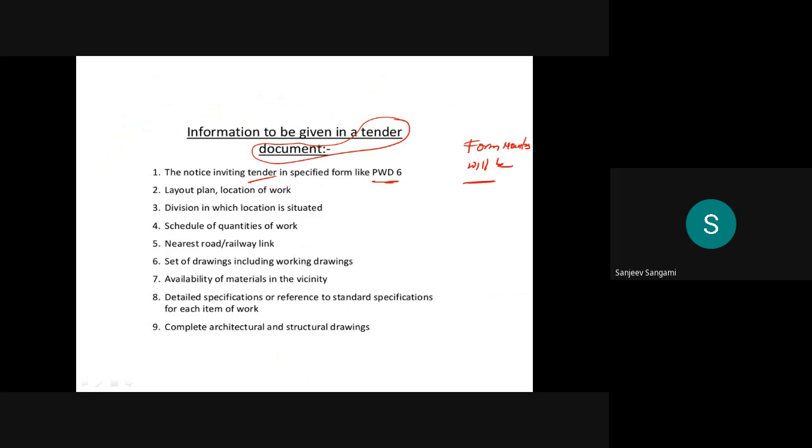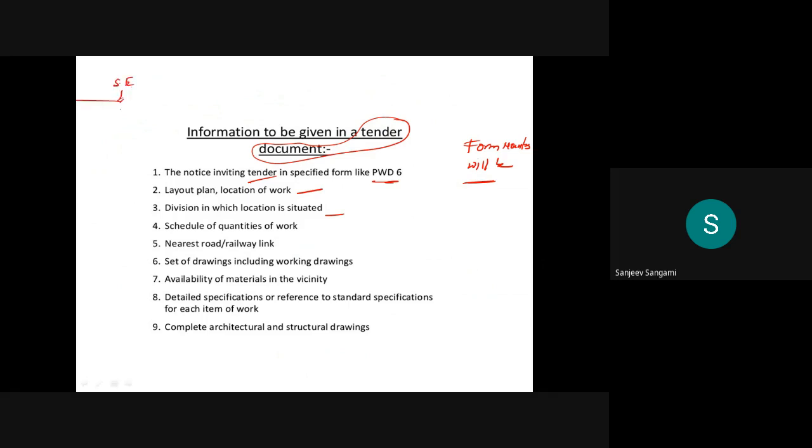Then the layout plan and the location of the work will be there, and the division in which the location is situated. If you see any of the government divisions, a hierarchy will be there. So always it will start with the Superintendent Engineer.